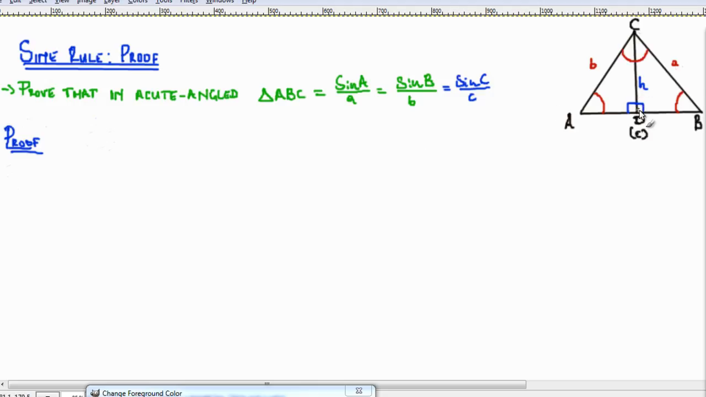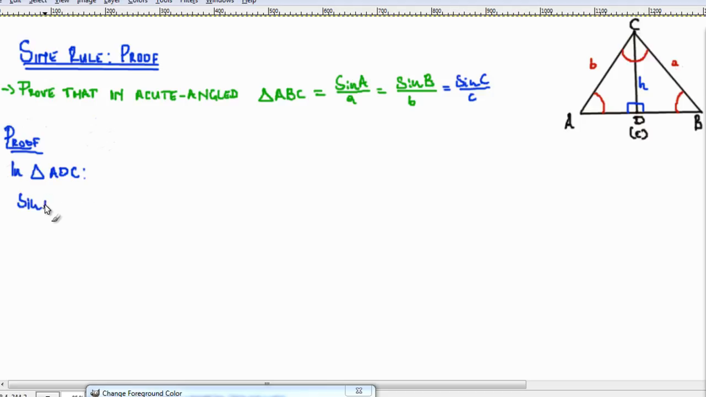And then in the triangle, we construct the height, h. So let's say here in the triangle, let's say the right-angled triangle ADC. In triangle ADC,